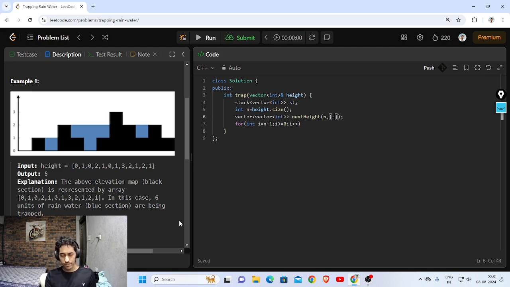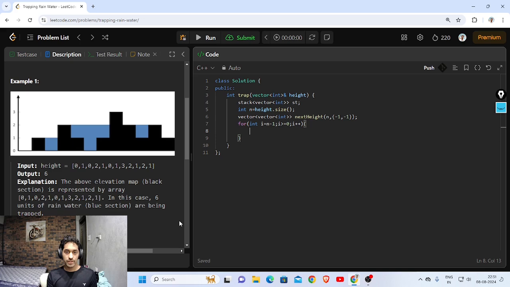Initially, I'll initialize it with -1 for all. Alright. So now I'm iterating. I will check if the stack is empty. So if it is empty, then I'll push it. Otherwise, I will check if